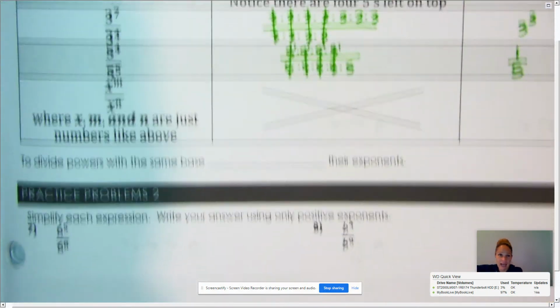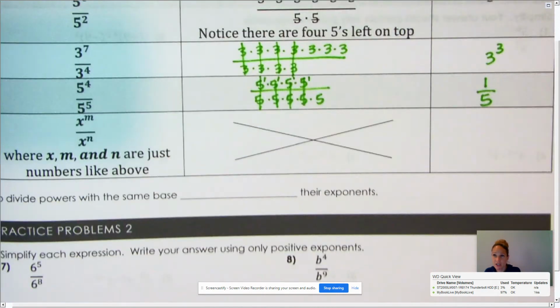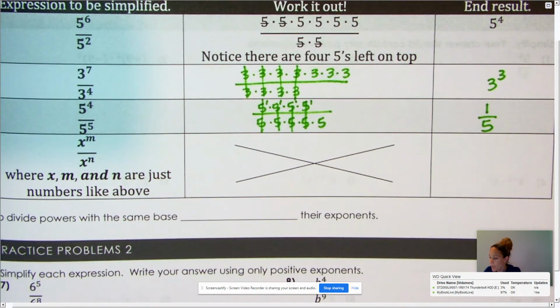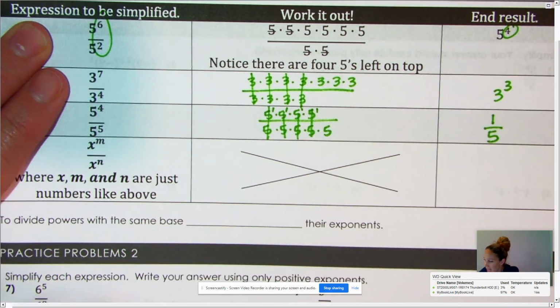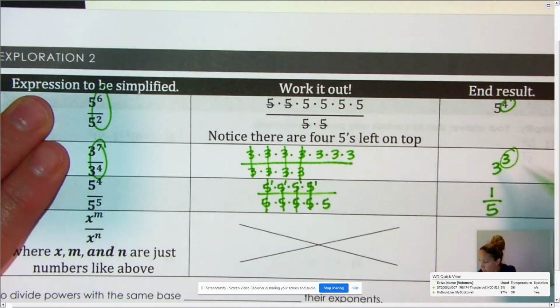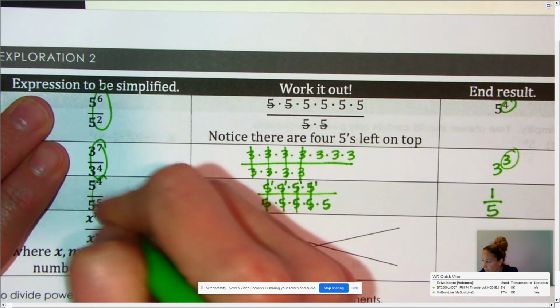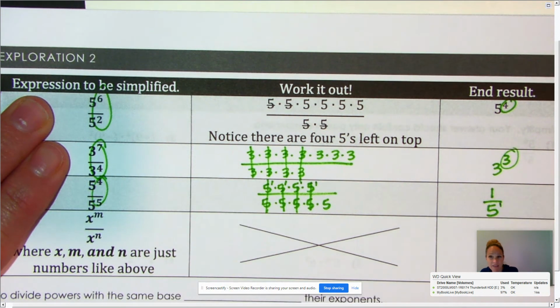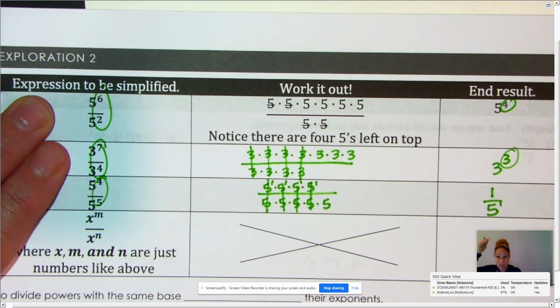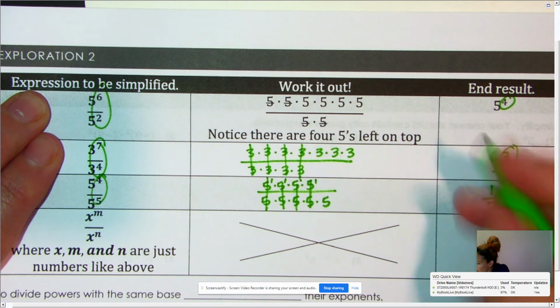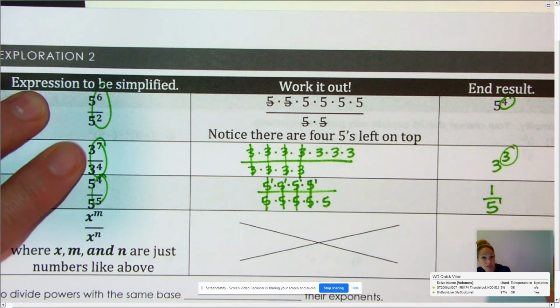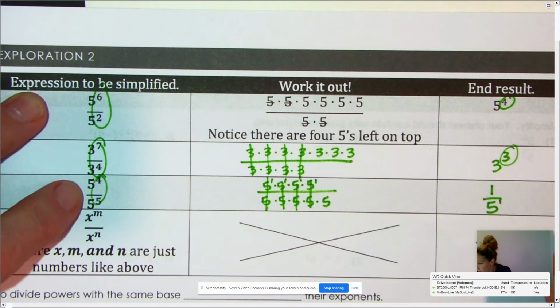All right, last part of this exploration is looking at what did we do? We had 6 and 2, and we ended up with 4. We had 7 and 4, and we ended up with 3. We had 4 and 5, and we ended up with 1 there on the bottom, okay? So the way we got those numbers, we just subtracted them, right? Every time we cancel it off, it subtracts from how many are left. So I would have x, again, making sure that it's the same base that you have for both numbers,